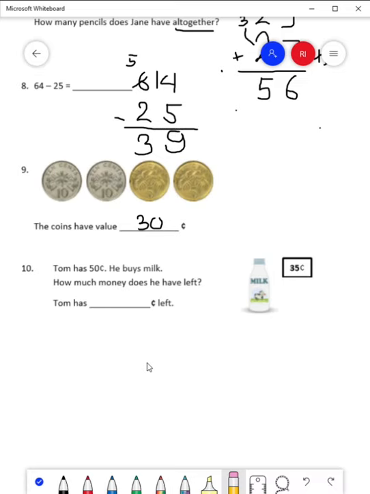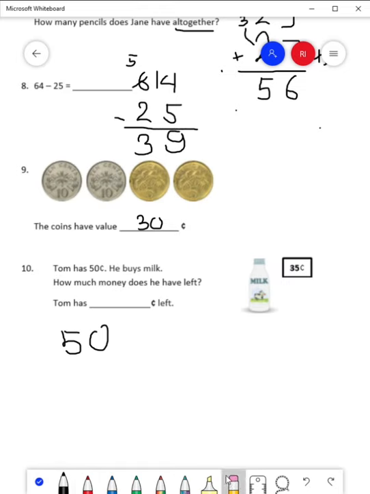Okay, so it is actually subtraction. Okay, so the milk costs 35 cents, so we just have to subtract the money that Tom has before and the cost of milk. Okay, so let's write here 50